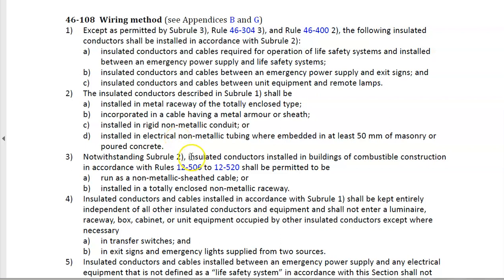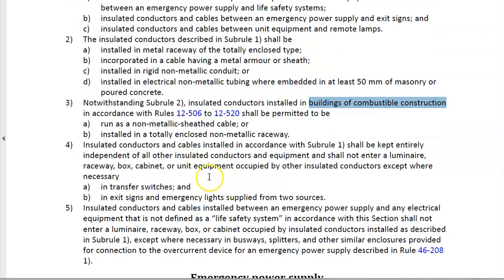Then it says, notwithstanding sub-rule number 2, if it is a building of combustible construction, so you've got a wood frame, maybe a small-scale commercial building, then you are allowed to have non-metallic sheath cable or non-metallic raceways. Sub-rule 4 states that the insulated conductors and cables installed in accordance with sub-rule 1, so emergency power and unit equipment, etc.,